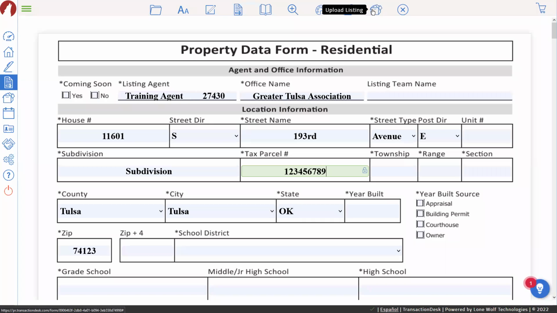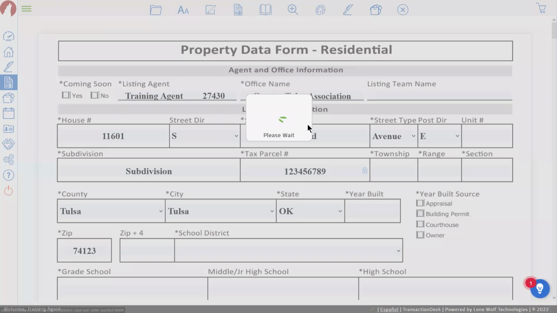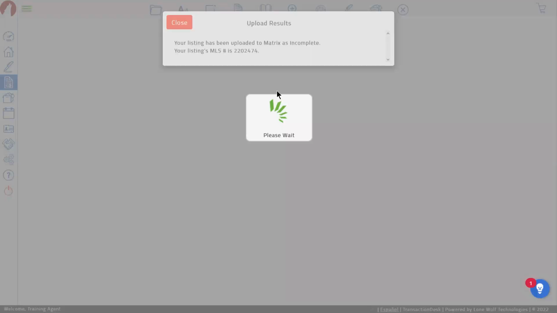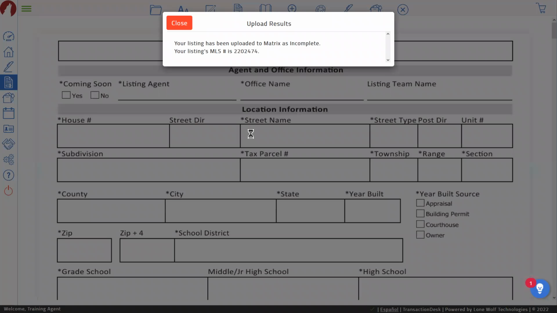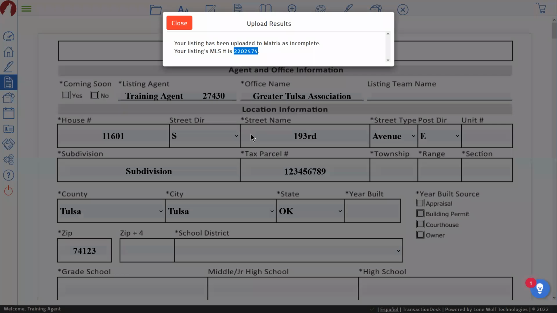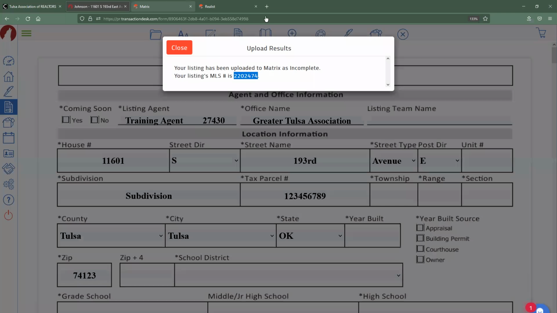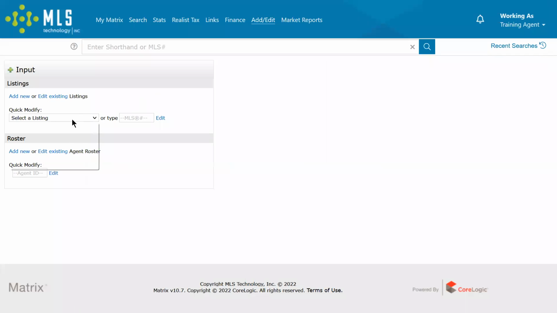But once you have them, this upload listing button is actually going to take any of the details that you've already filled out, including anything that might have been imported from Realist if you were trying to start a transaction from there. And that way it'll have all of the information that you've already filled out on here in an incomplete listing in Matrix. So whenever I go into Matrix on my account, I'll see that particular listing has already been started.